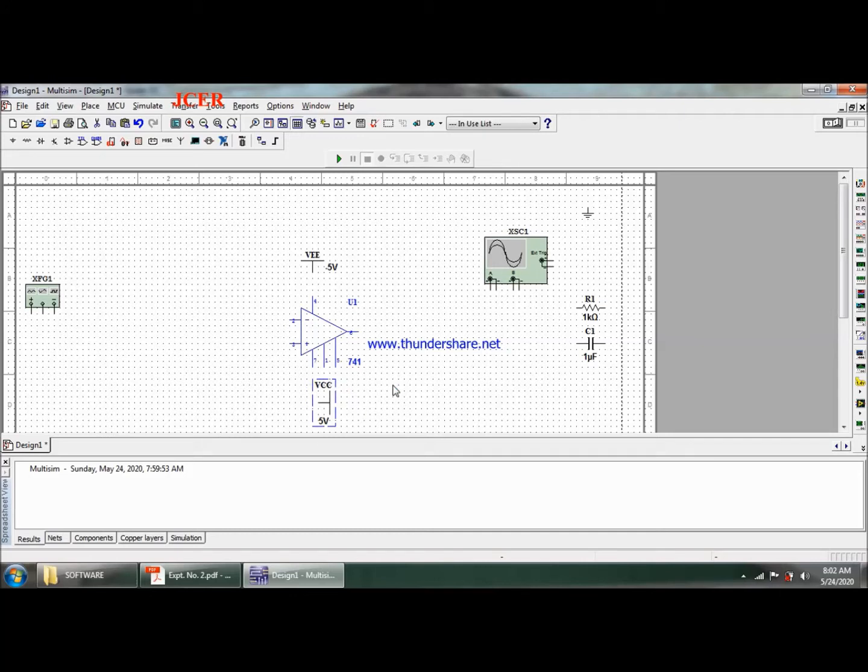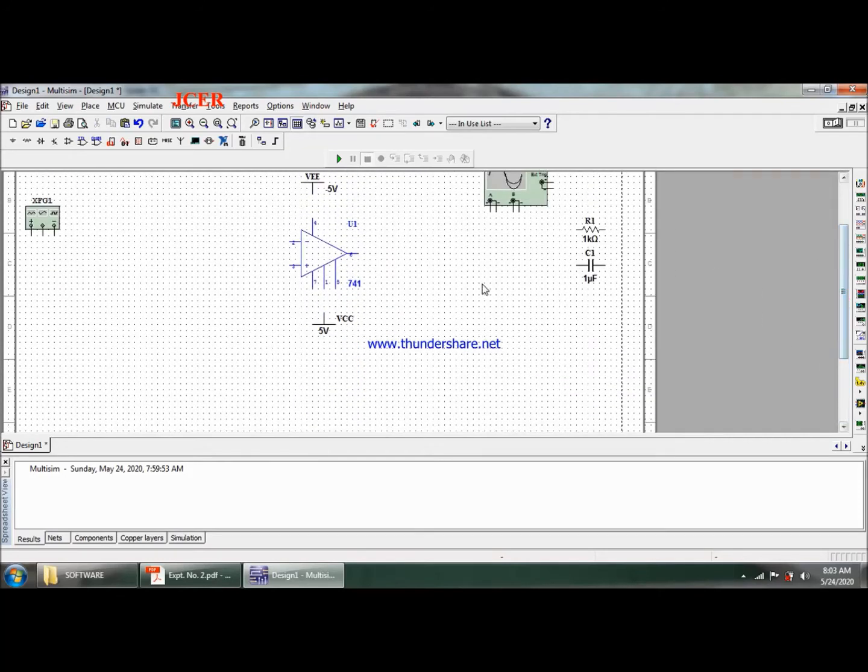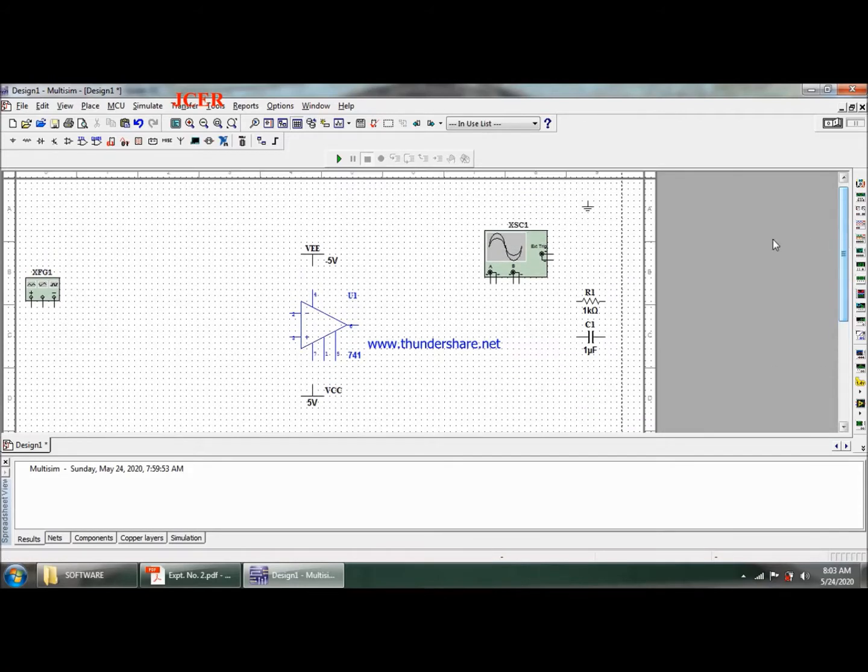I'll press Ctrl R, rotate it and place it such that I can connect to pin number 7 of this circuit.